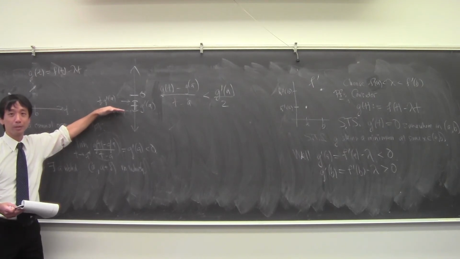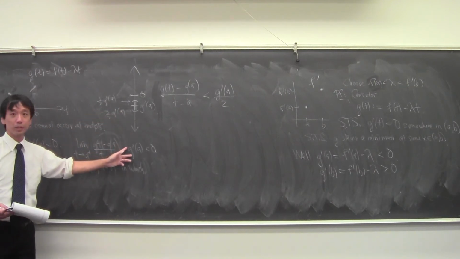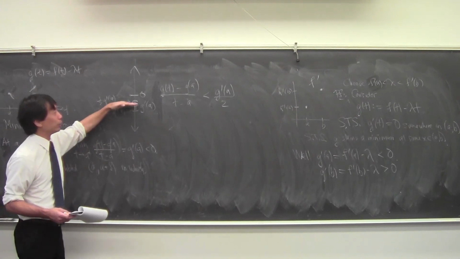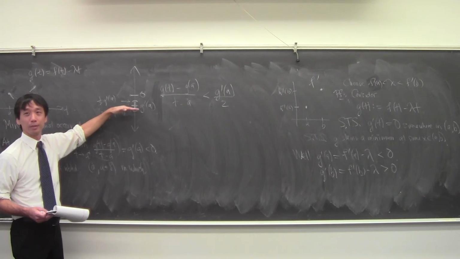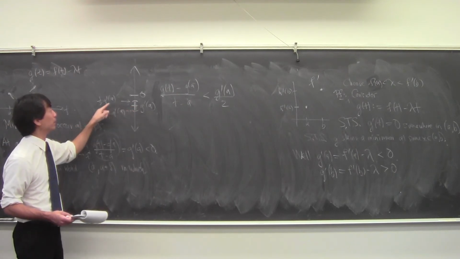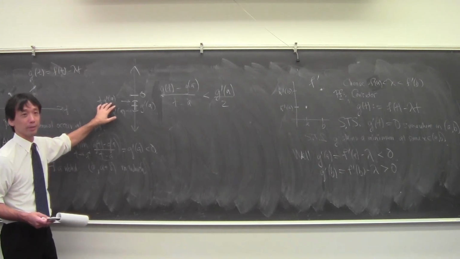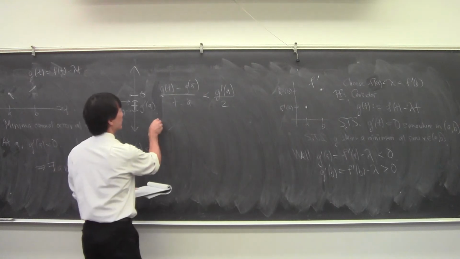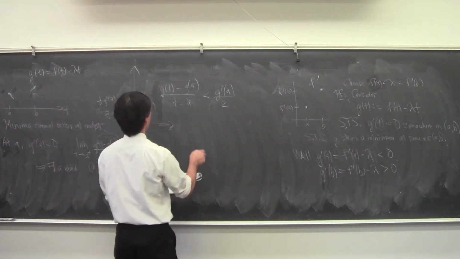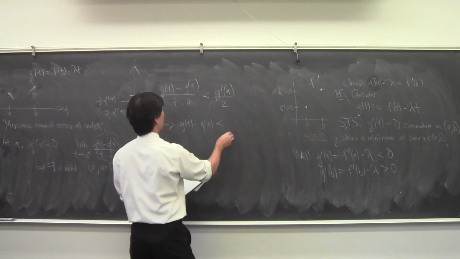Do we take the limit of g of t minus g of a over t minus a? Yes, we're taking the limit of this thing, which is g prime of a. So I know that I can trap it under half of g prime of a. That's negative, because g prime of a is negative. So what does that tell me? That tells me that g of t minus g of a is less than